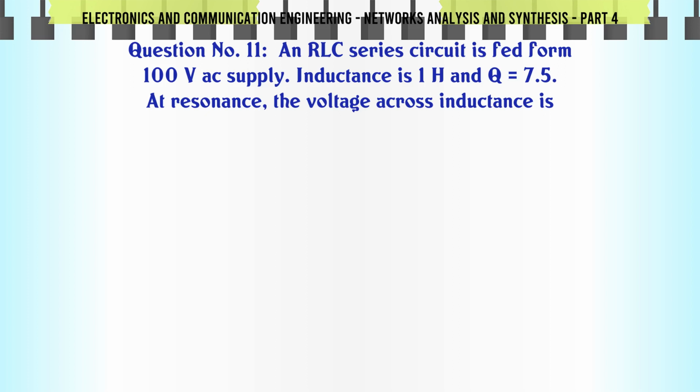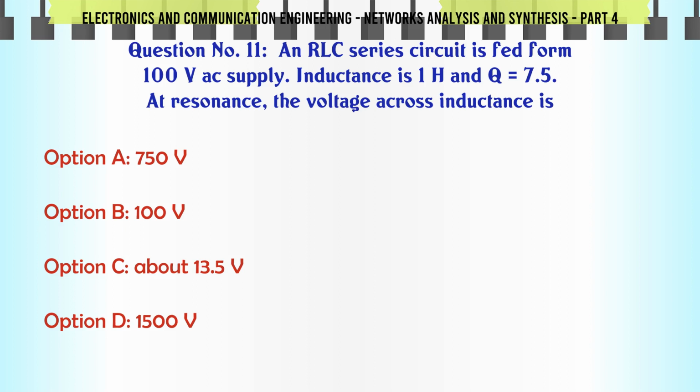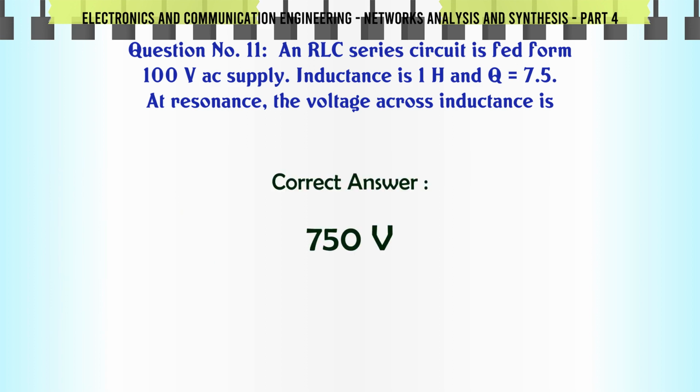An RLC series circuit is fed from a 100 V AC supply. Inductance is 1 H and Q is 7.5. At resonance, the voltage across inductance is A: 750 V, B: 100 V, C: about 13.5 V, D: 1500 V. The correct answer is